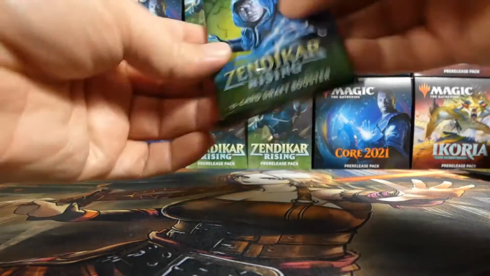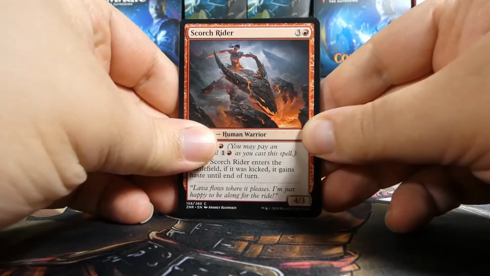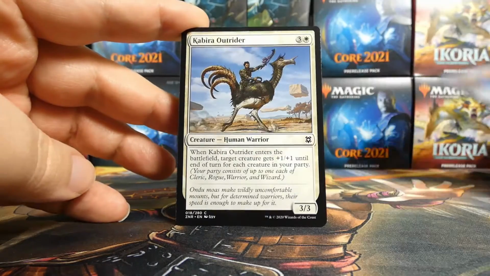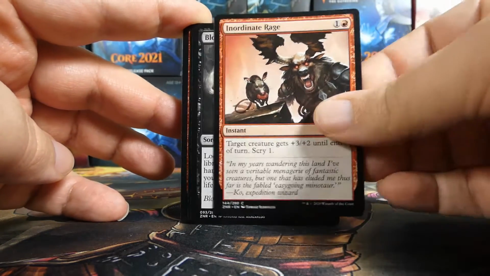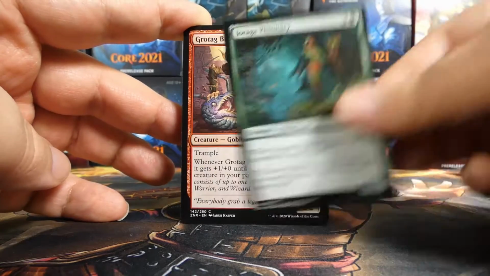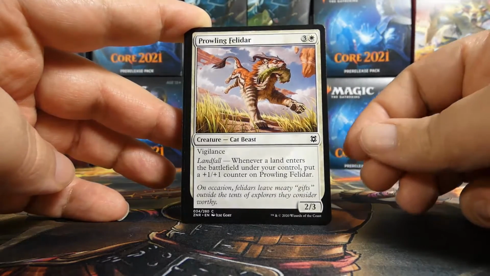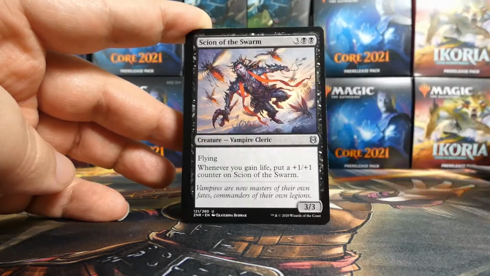We have a Jace pack next. Inside of the Jace pack, we have a Scorch Rider, a Chilling Trap, Kabira Outrider, Inordinate Rage, Blood Price, Jiraga Visionary, Grotag Bugcatcher, Prowling Felidar, that's a cool one for the landfall deck, Nissa's Zendikar,